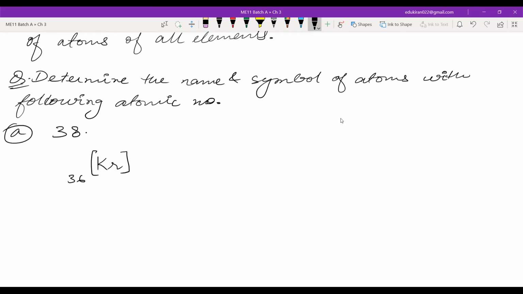And krypton is noble gas number what? 1, 2, 3, 4, 5? Sir, 4. 4, na? So we'll start with 5. We'll write 5s. Yes, sir. And then we will fill 2. 2. Correct? Yes, sir. When you have written the electronic configuration, you can tell me the period also, the block also, and the group also, right? So what will be the period number?